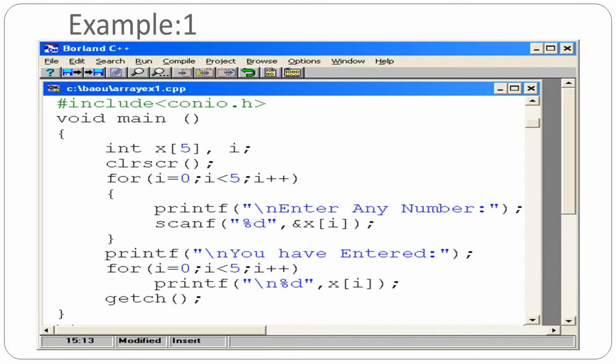Now, here we are taking 5 different numbers from the user and storing them into the array. When the loop runs for the first time, the value of I will be 0, and the first element entered by the user will be placed in x of 0.